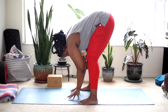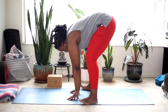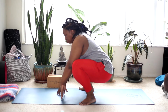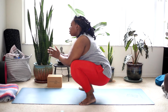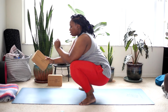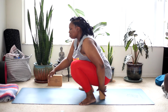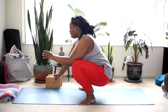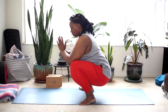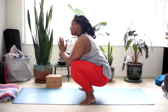Bringing your fingertips down to the mat. Bring your feet so that your toes are pointed out. Heels in. Slowly sink your hips down for our yogi squat or Malasana. Feel free to use a block to place under your hips if you need some support there. And with your elbows gently pressing your knees open, palms together,